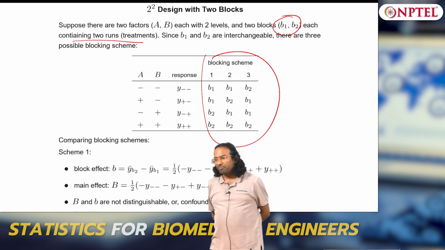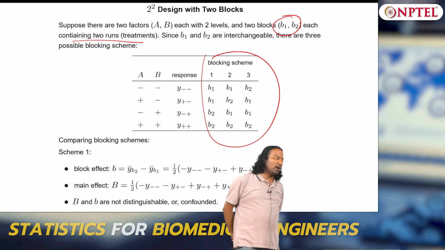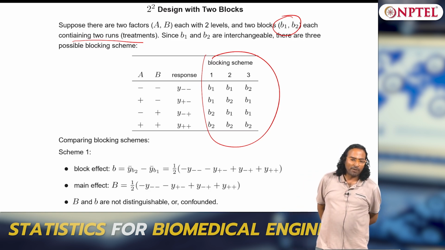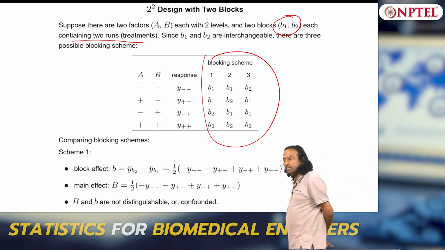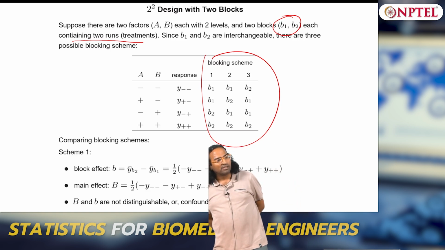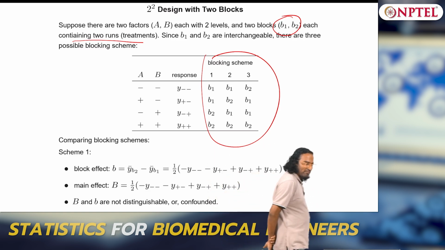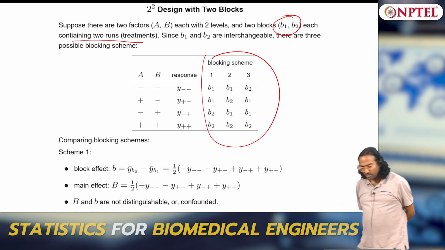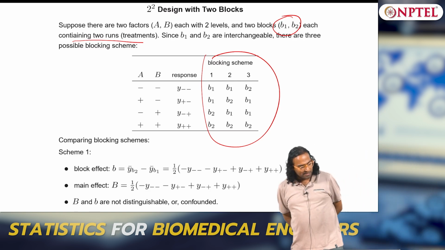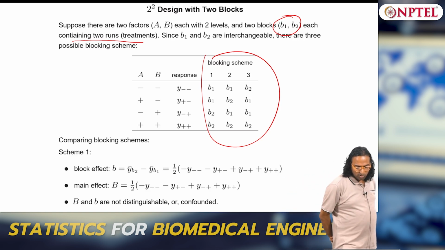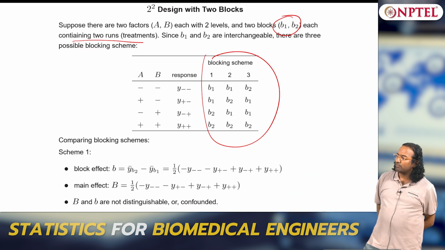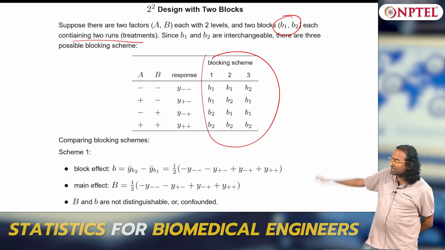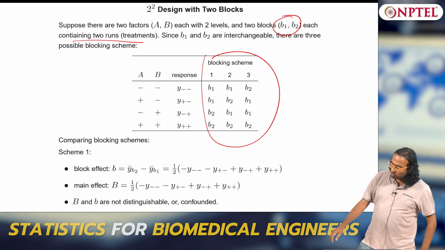This is something I do not want B1 and B2 to influence my outcome. It should not be a part of the error, it should be handled separately. Remember, if I do not do blocking, my sum squared error goes higher. So I want to keep this separately. So I have 2 blocks here, B1, B2, and I have these 4 experiments. So what is the scheme I can come up with for blocking? What kind of schemes? I have written some schemes here. Does it make sense? Let us go through one by one.